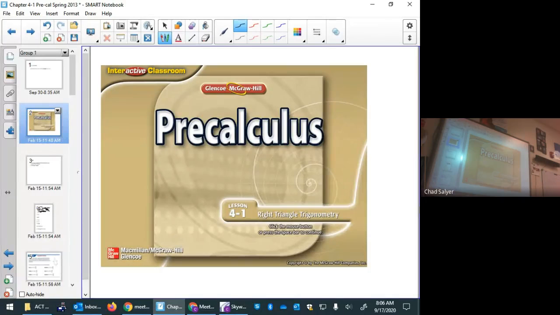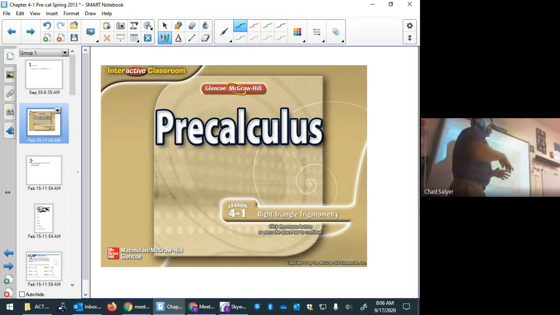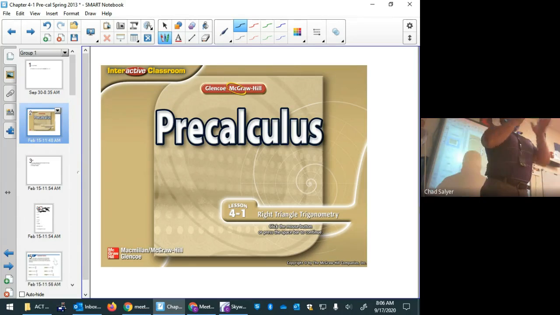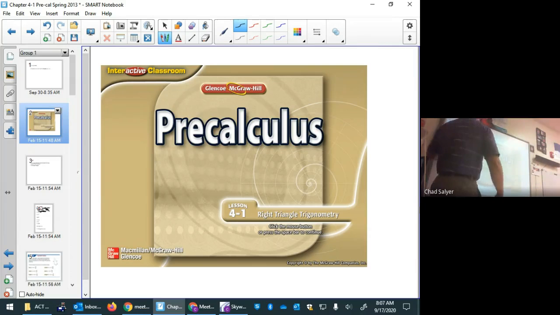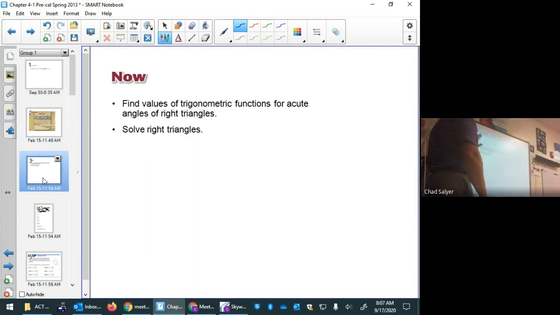All right, once again, part one, right triangle trigonometry. So we're finished with algebra, at least pure algebra. Algebra will always be incidental to the problems we do. But as far as a specific study of algebraic relationships, that part of the course is over. Now we're into trigonometry. So the task is going to be to find values of trig functions and solve right